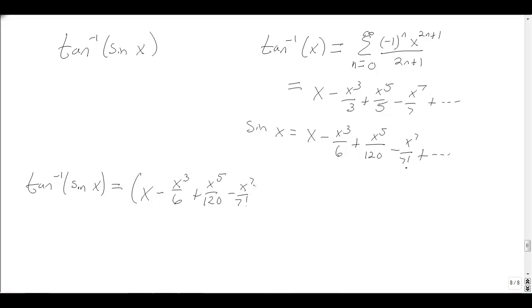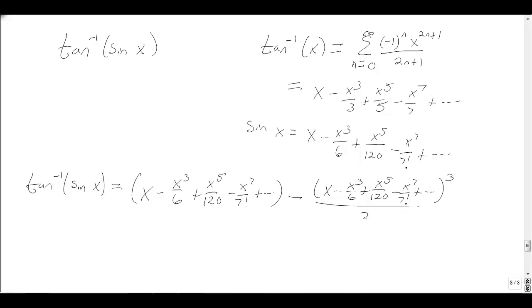I'm hoping that doesn't come into play. Plus dot dot dot to remind myself this goes on still. Minus x cubed over 3. Well, that's sine x cubed. So x minus x cubed over 6 plus x to the 5th over 120 minus x to the 7 over whatever 7 factorial is